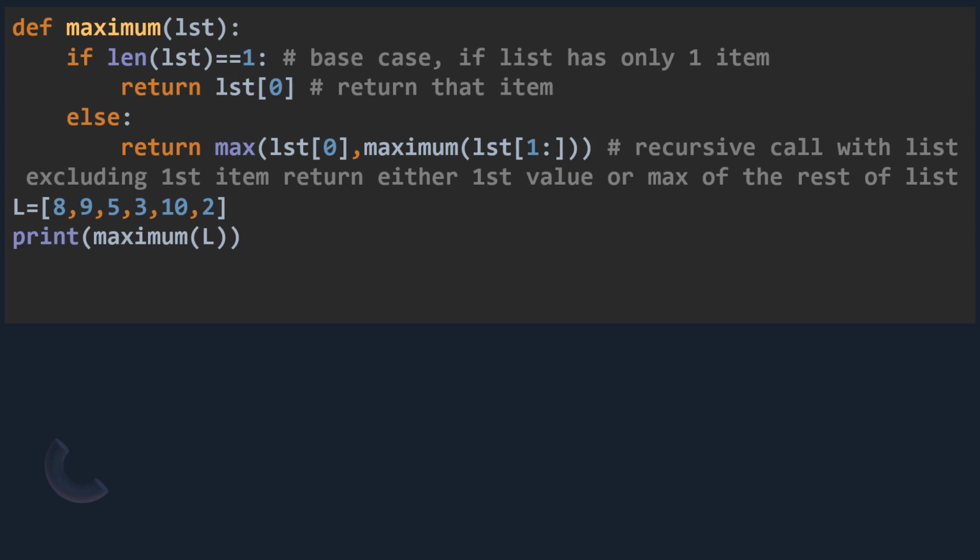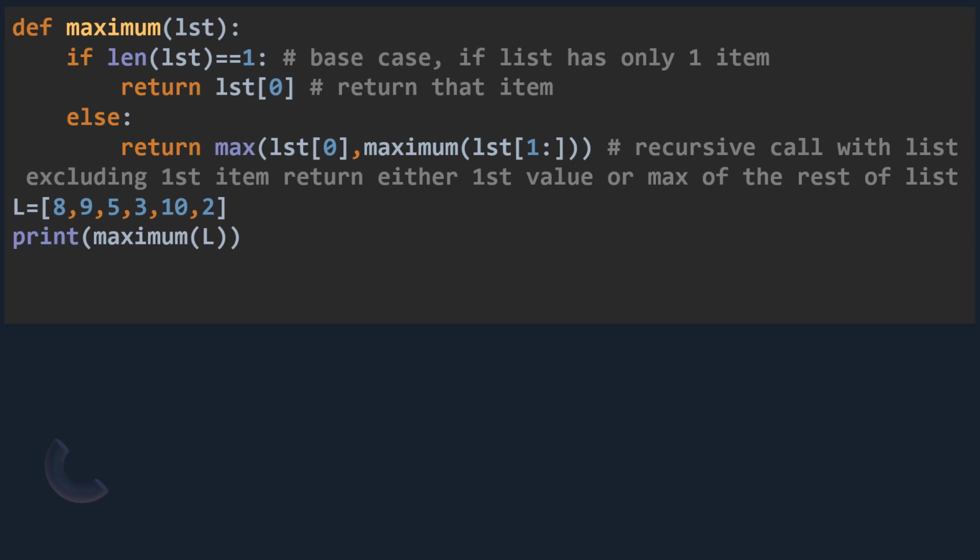So here we have defined a function called maximum, which is taking one list parameter. Let's say its name is lst. And we will just define the base case as it is mentioned in the question. That means if length of lst equal to 1, that means there is only one item in the list, then it has to return that particular item. That means obviously it will be present at index number 0, so it has to return lst of 0. Whichever item is there at index number 0, that particular element will be returned.